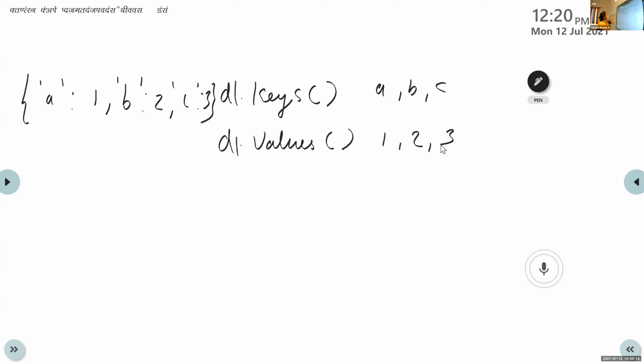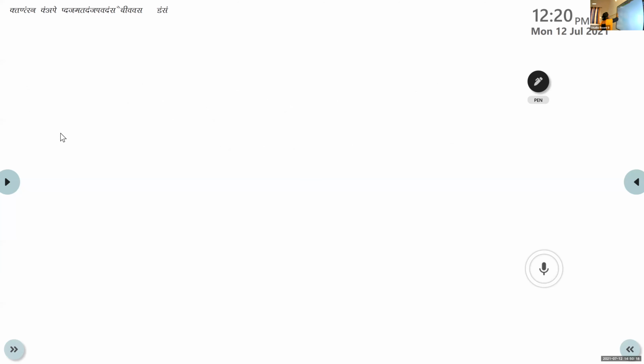Okay. Here we are discussing items. What is the definition of items? The syntax is D1 dot items, empty bracket.